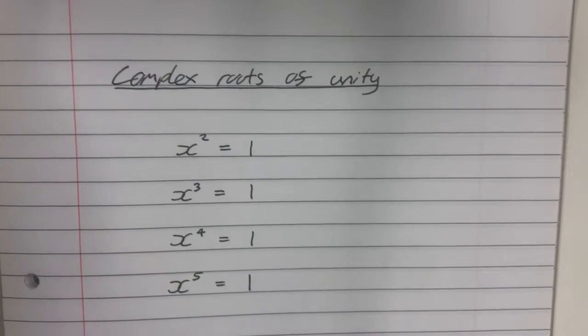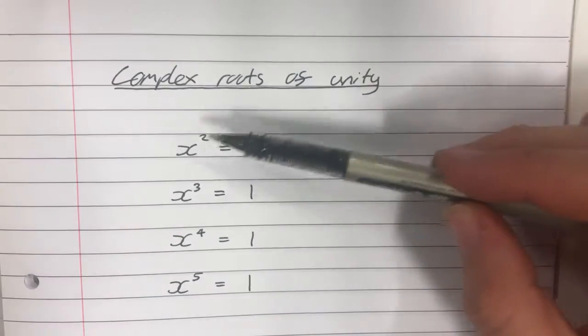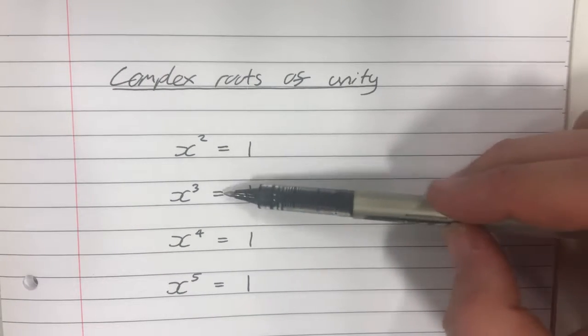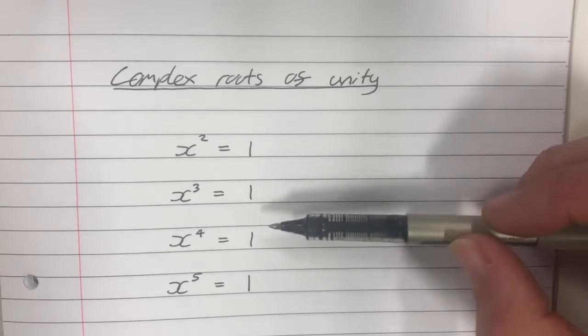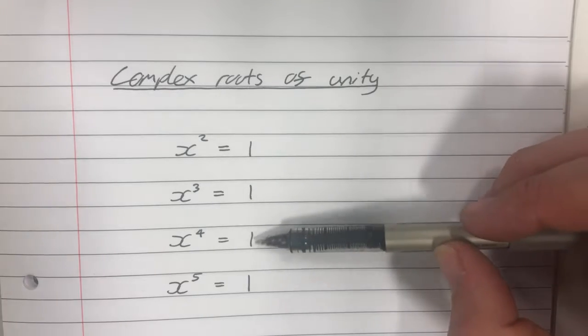Okay, a video then on the complex roots of unity. So this is essentially the roots of the number 1. What complex numbers satisfy x squared equals 1? What complex numbers satisfy x cubed equals 1? What complex numbers satisfy x to the 4 equals 1, and so on? In other words, what's the square root of 1, cube root of 1, fourth root of 1, fifth root of